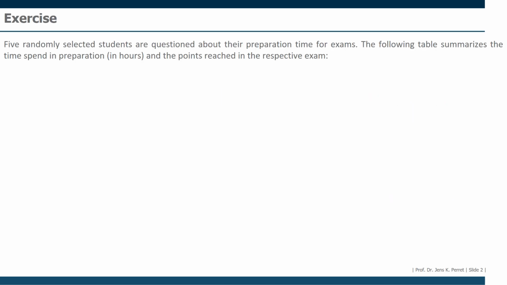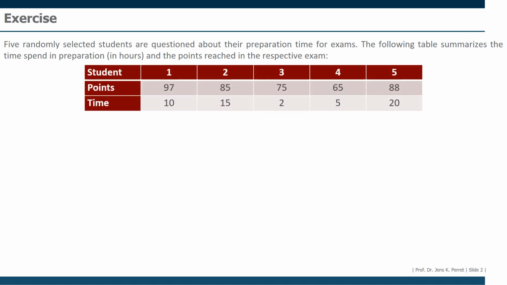Here we have 5 randomly selected students who are questioned about their preparation time for exams. The following table summarizes the time spent in preparation in hours and the points reached in the respective exam. So here, for 5 students, the points and the time. We can furthermore assume that the preparation time is the independent variable and the points reached is the dependent